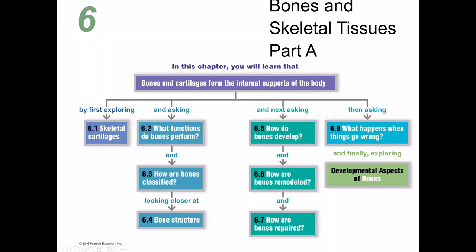Welcome students to Chapter 6, which is an overview of the skeletal system, not focusing so much on all the individual bones that make up our skeleton, but more generally why we have bones, how we classify bones, the various structure of bones, both macro and microscopically, and then some skeletal physiology, how our bones develop, how they grow and are repaired. So looking not more at the individual bones, that's a separate chapter, but more at an overview of the skeletal system, an introduction to the skeletal system,